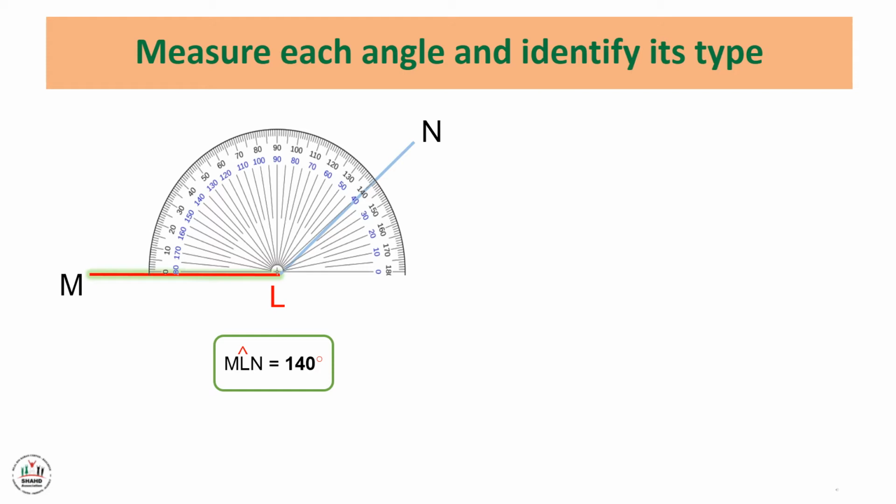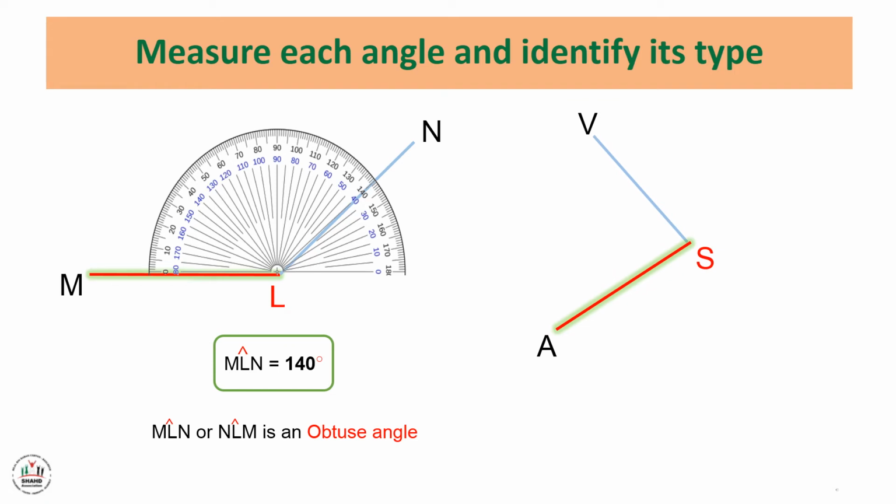Very good. This angle is an obtuse angle because 140 degree is greater than 90 degree but less than 180 degrees. MLN or NLM is an obtuse angle because the angle is equal to 140 degree, is greater than 90 degree and less than 180 degree. Second example,